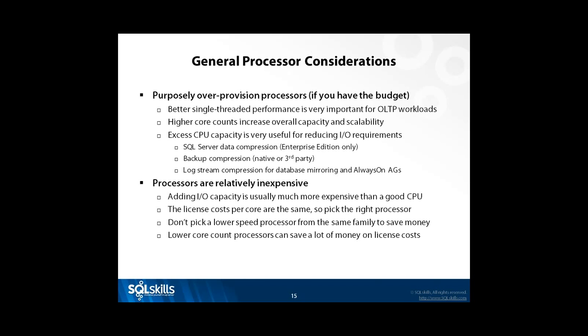But having what some people might call excess CPU capacity can help you reduce your I/O requirements. So that excess CPU capacity can be used to do things like data compression and backup compression. So the processors are compressing data and taking the load off your I/O subsystem and moving it to your processors, which usually have extra headroom. And processors are pretty inexpensive compared to the rest of the machine and your SQL Server license costs. And adding I/O capacity with an enterprise SAN is really expensive. So if you can get around that by having the best CPU and then data compression, for example,